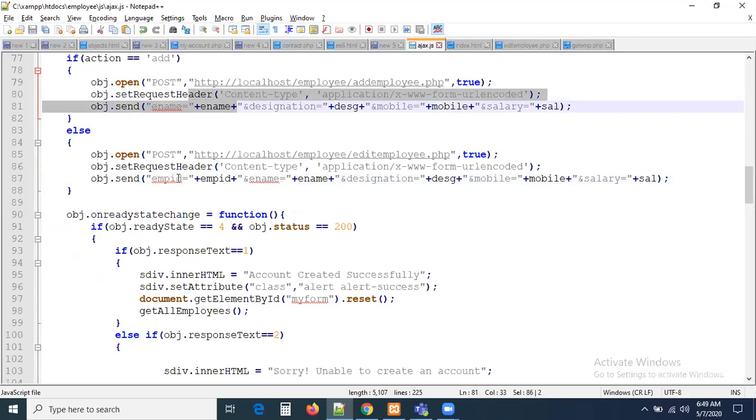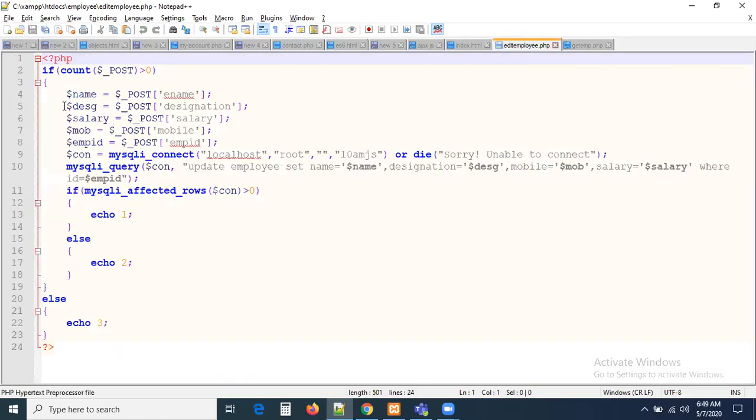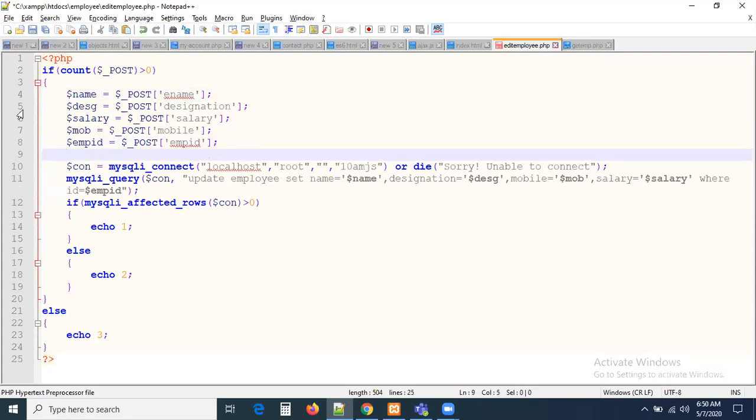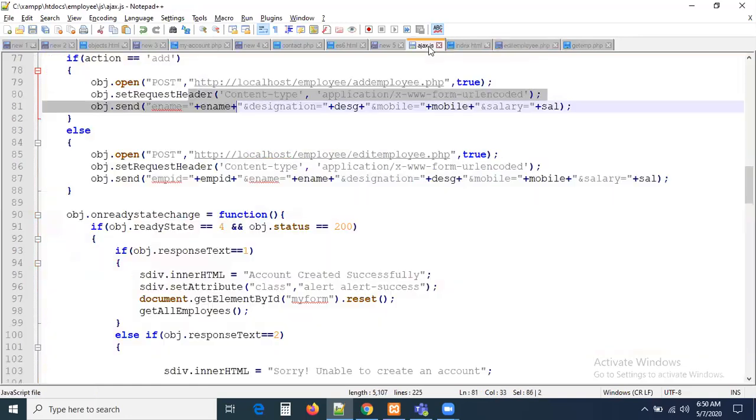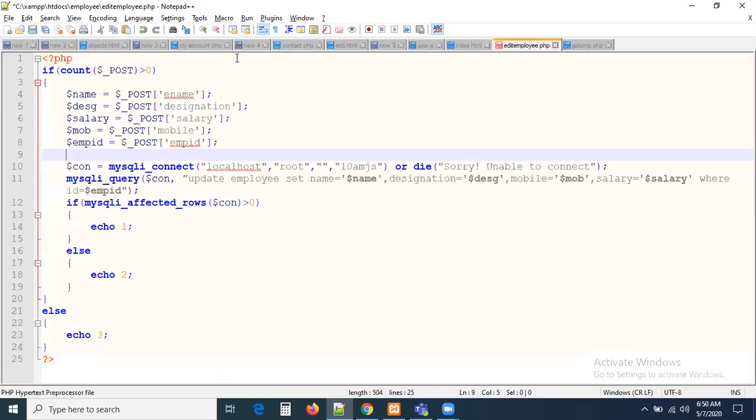editing. Now what happened, we have already edit employee.php there. In edit employee.php, I am getting the information. Yeah, this is the information I am getting here. I already wrote the code. Check it. So name, and I'm getting all the information based on the key value pair. So these are the keys: EMP ID and the E name, and this is designation, and this is mobile. These are the keys. Those keys should be passed to the post array here. This is the post array.